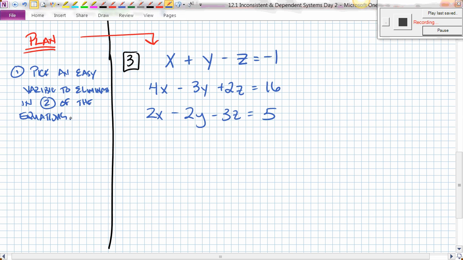Okay? You want to pick an easy variable to eliminate in 2 of the equations, such as z or y or x in any of those. They're pretty easy, right? You're looking for a coefficient of 1. Once you have that, eliminate